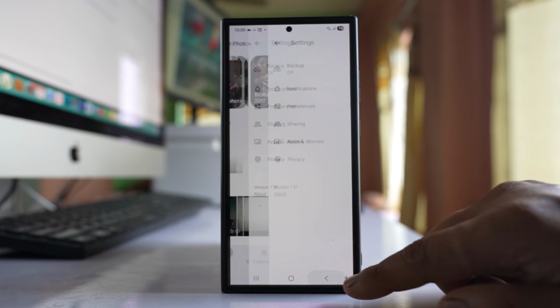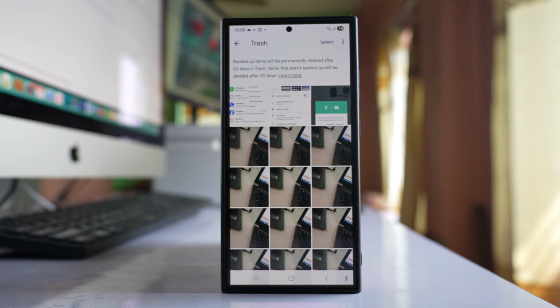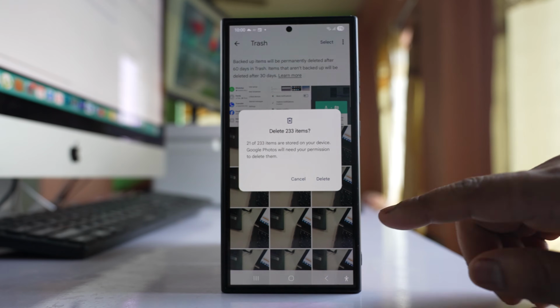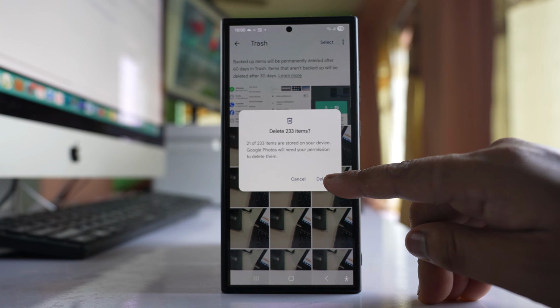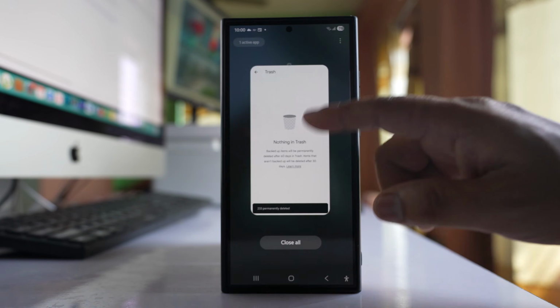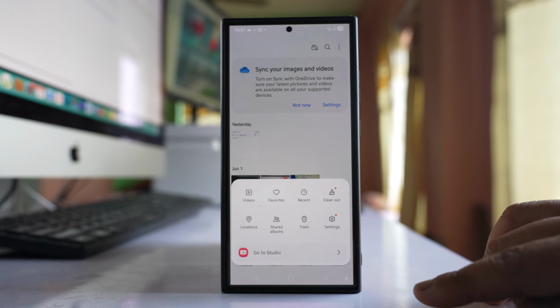Also I will go back, go to collections, go to trash, and whatever photos are deleted are in this trash, I will tap on these three dotted icons here, empty trash, and then I will delete all of these photos from here. Select allow. The next thing is I will go to gallery, tap on this menu option here, go